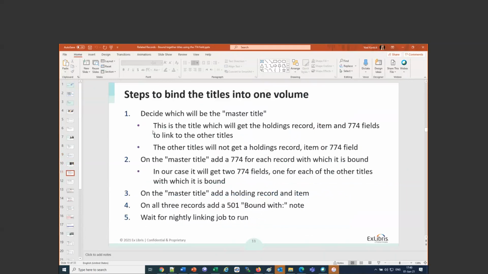These are our three items, three bibliographic records. We're going to look at them in Alma, but let's first talk about the steps to bind them together. Now I have here several steps. Some of them have no functional significance. They're merely to comply with modern library science rules. So first we have to decide what is the master title, because only one of these three titles